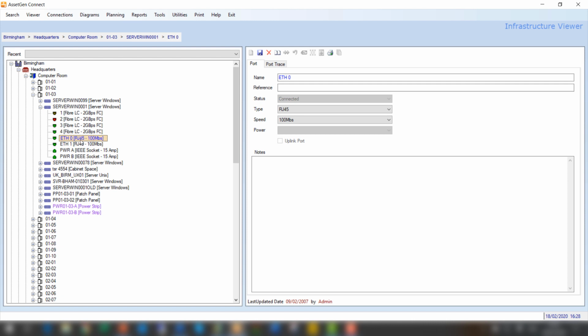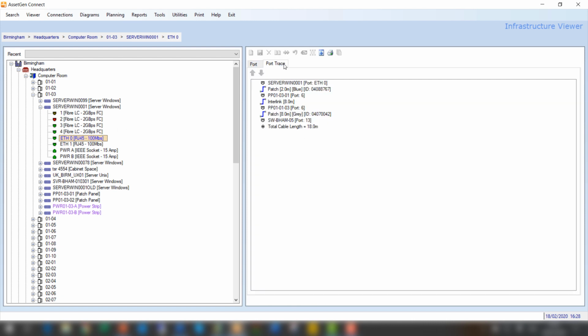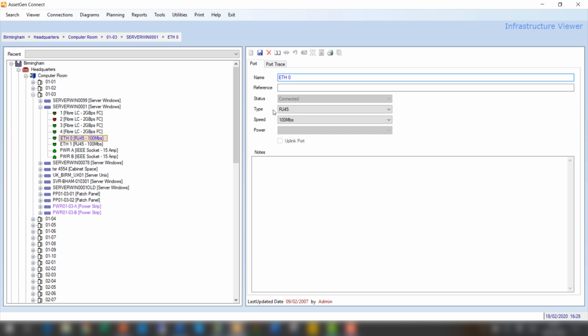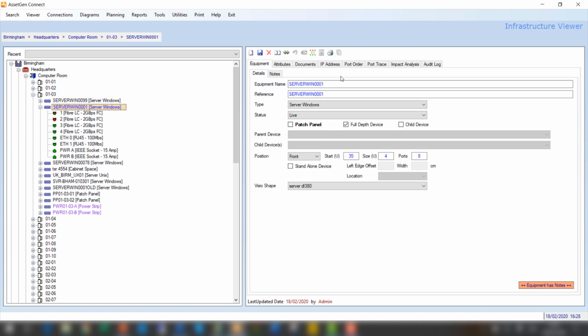In this case I've clicked on an Ethernet port, and I can do a port trace that shows the connectivity of that server through the infrastructure to a switch. If I go back to the port here, we can see the type of port. If I now go back to the server and do a port trace at a server level, this will show